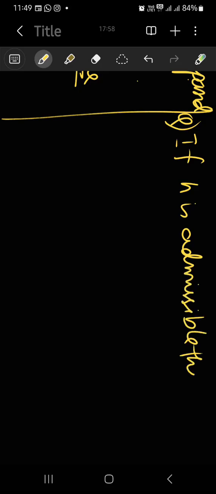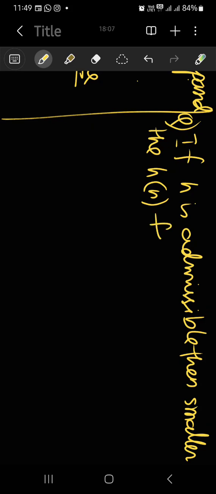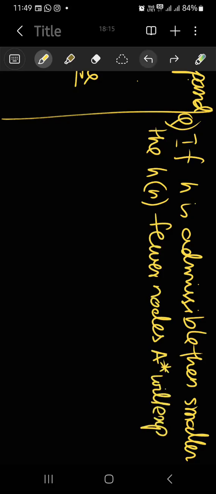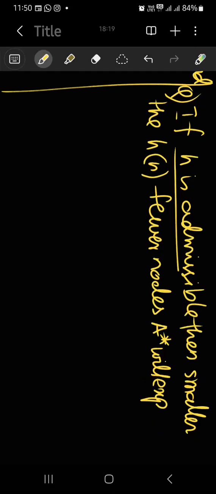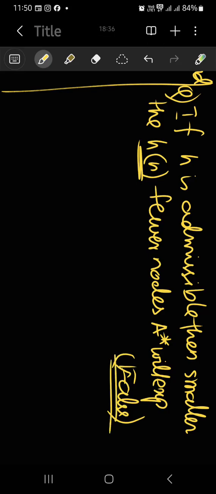সো দিস ইজ ট্রু, ঠিক আছে? নেক্সট কোয়েশ্চেন বলছে, if h is admissible, then smaller the h(n), fewer nodes A star will expand. যদি হিউরিস্টিক অ্যাডমিসেবল হয়, তাহলে যত h(n) এর ভ্যালু ছোট হবে তত কম নোডস A star এক্সপ্যান্ড করবে। এটা কি সত্যি কথা? না, দিস ইজ ফলস। যত h এর ভ্যালু বড় হবে তত কম নোডস এক্সপ্যান্ড করে, বাট যত ছোট হবে তত বেশি নোডস এক্সপ্যান্ড করবে। দিস ক্লেম ইজ ডেফিনেটলি ফলস, মানতে পারলাম না, ভেরি সরি। ঠিক আছে, আচ্ছা নেক্সট কোয়েশ্চেন কি বলছে,